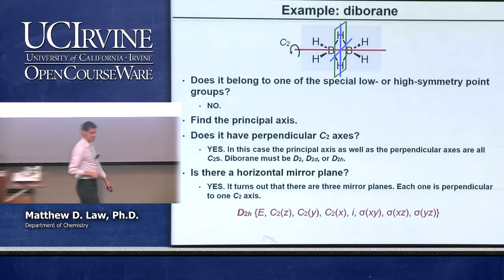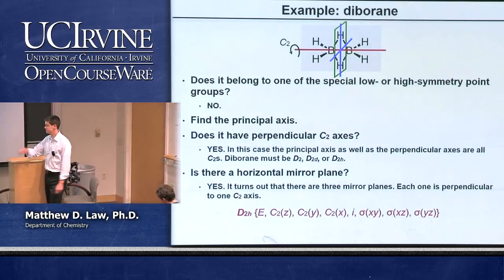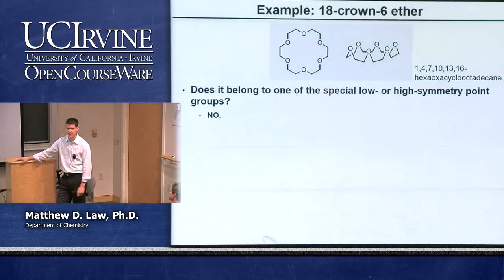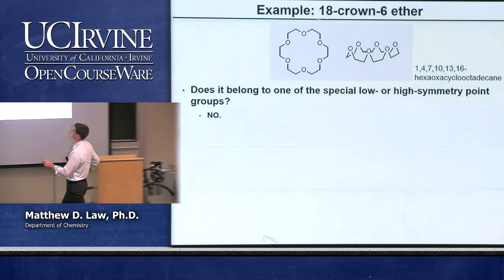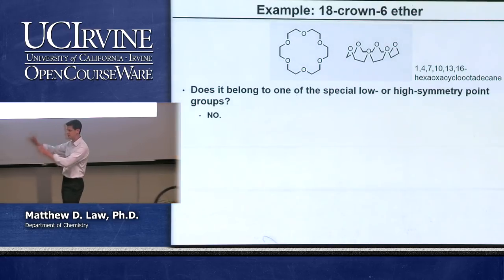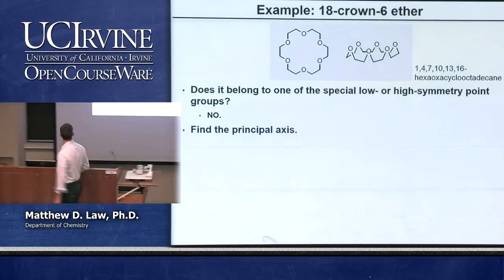Sorry that this one and the previous example were kind of similar. Kind of boring. One last example, and then we'll finish up. Let's look at this one. This is a famous molecule, 18-crown-6 ether. It's called crown ether because it looks like a crown that you could put on your head. This is the full ridiculous organic chemistry name to it, but this is why everybody calls it 18-crown-6. There are 6 oxygens and there are 18 total atoms in the ring. So it's 18-crown-6.